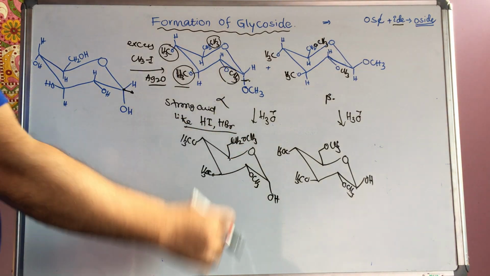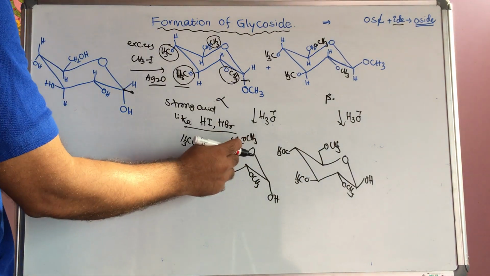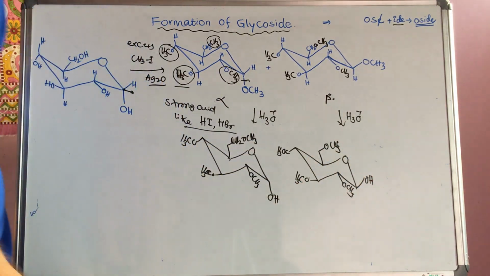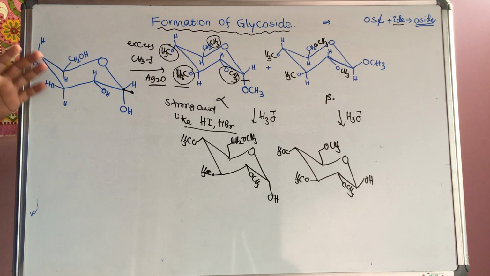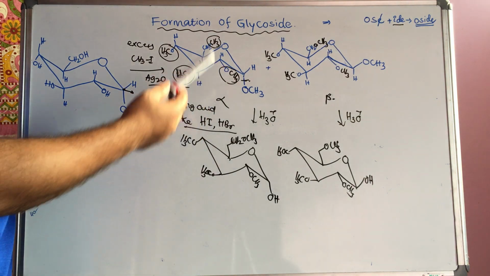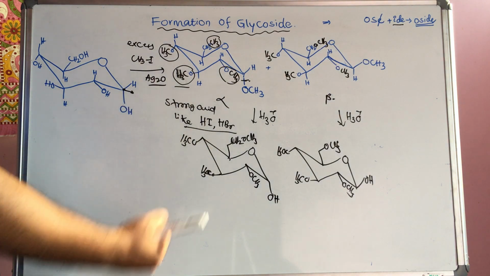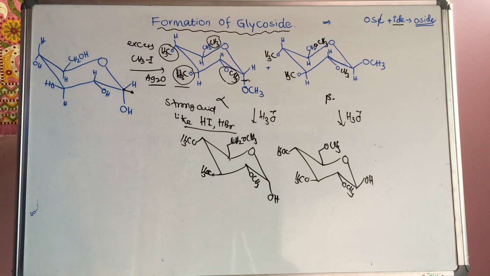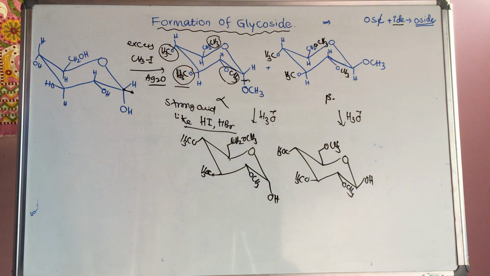Hydrogens I have not represented here, just observe. So this alpha and beta form is a hemiacetal form, because it has a hydroxy and an ether group. But keep in mind, this acetal form, the glycosidic bond, will not undergo mutarotation, because any one of the alpha glycoside and beta glycoside dissolved in water will not convert into an equilibrium mixture of alpha and beta. That's why glycoside, nothing but the acetal form, will not undergo mutarotation.